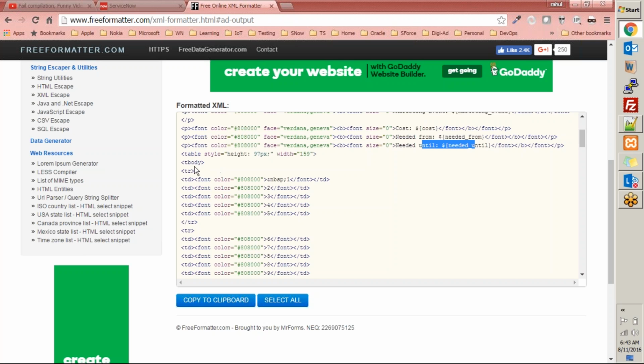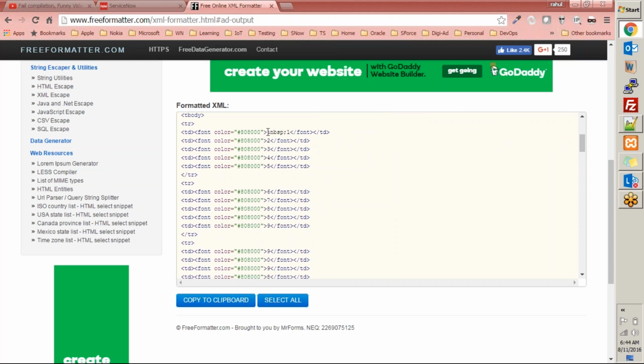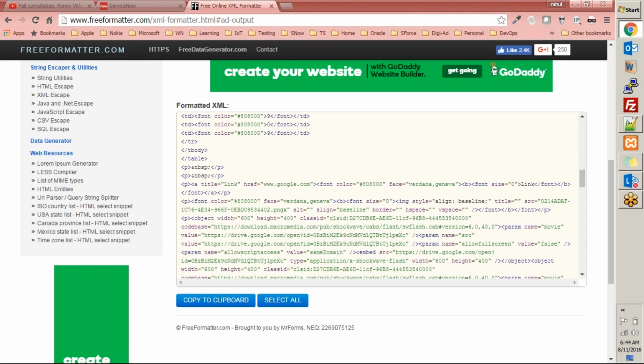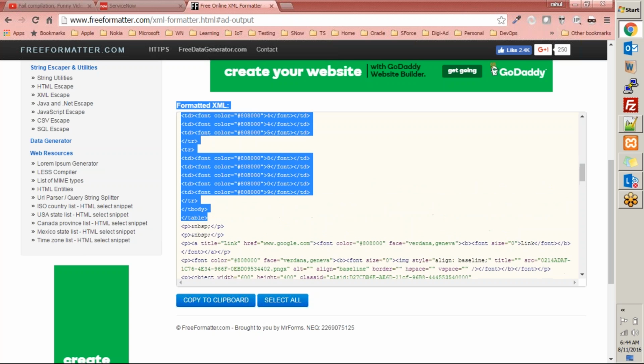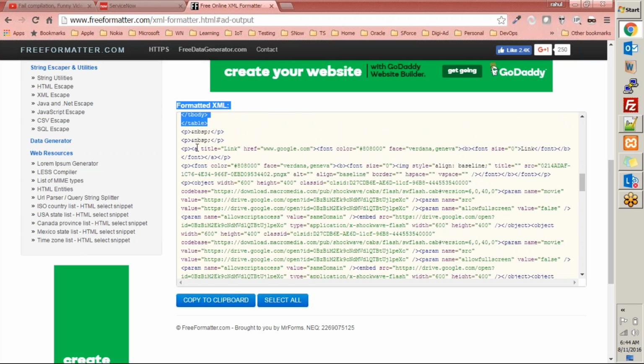Then we create a table into the email, right? So this is a table that is getting created, and it is containing the values as well. For example, I put a space and then number 1 into the first cell of the table, then 2, 3, 4, and subsequent values into the table itself. So when it was done with the table, I inserted one image as well. It should be here somewhere. Then this is the link that we kept, and the reference to the link was google.com. If you remember, we did yesterday, right? Then this is the paragraph, and this paragraph contains